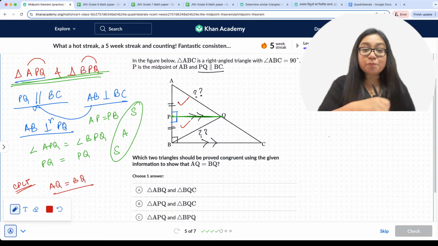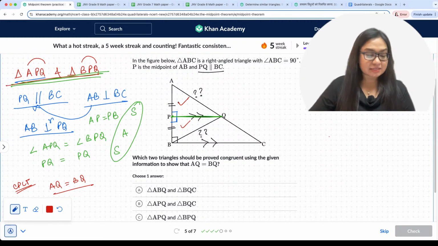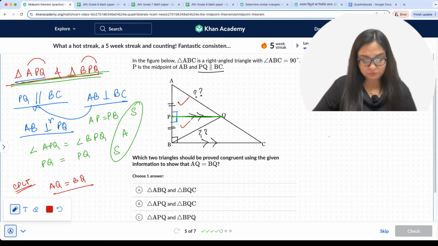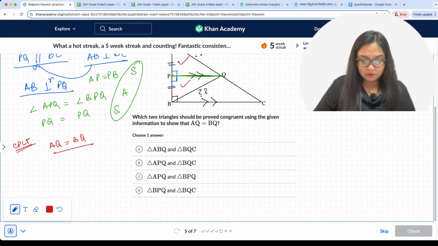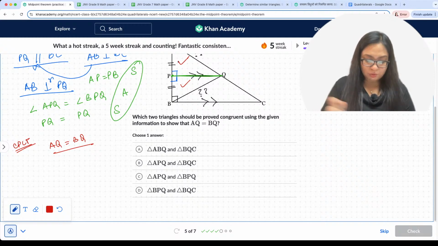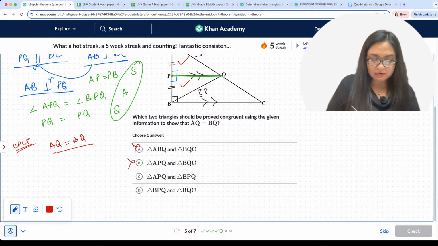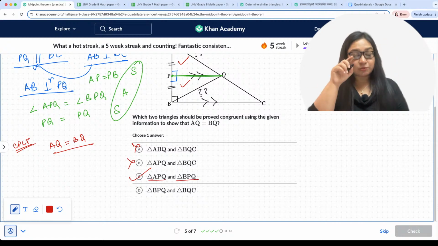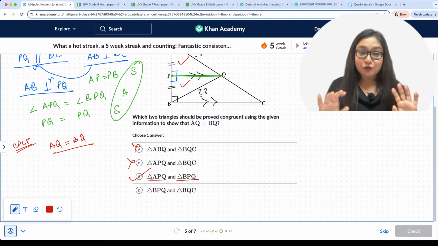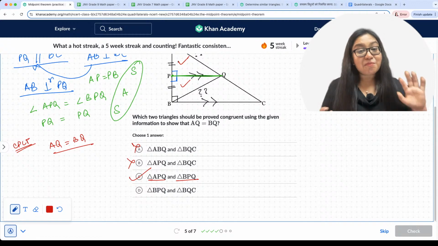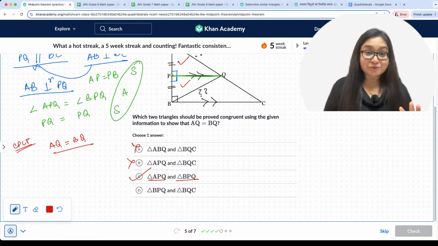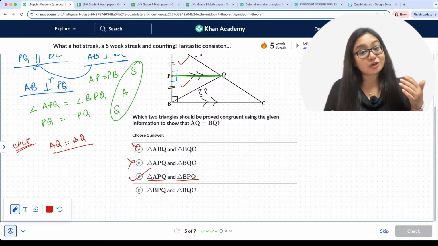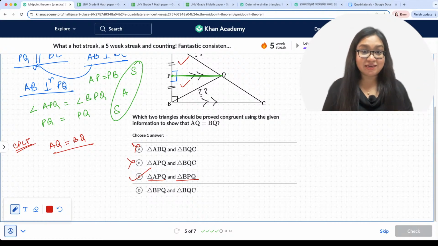So, in order to prove this, we have figured out which two triangles we should take: triangle APQ and triangle BPQ. APQ and BPQ. AB does not work, C works here. APQ and BPQ, these triangles we should take. Now, do you understand the fundamental? So what are we doing here? We are using the midpoint theorem and our understanding of congruent triangles and CPCT in order to solve